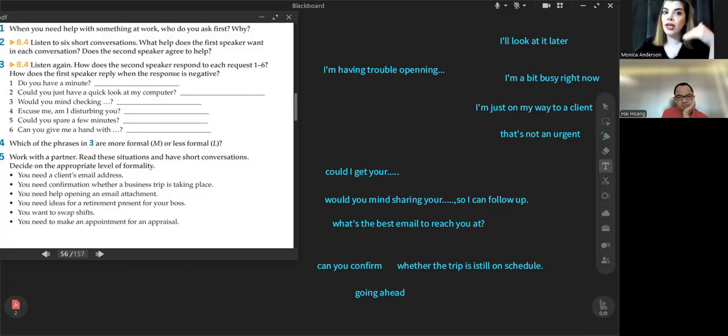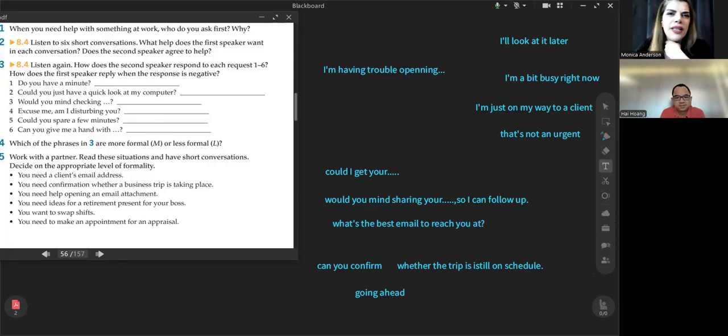Now I want to make it more formal. "Would you mind sending the file in a different format? Would you mind sending it again? Would you mind?" And of course, "Is it possible to send it again?" Different phrases. But "would you mind" is so formal. In conversation you don't need to use it.